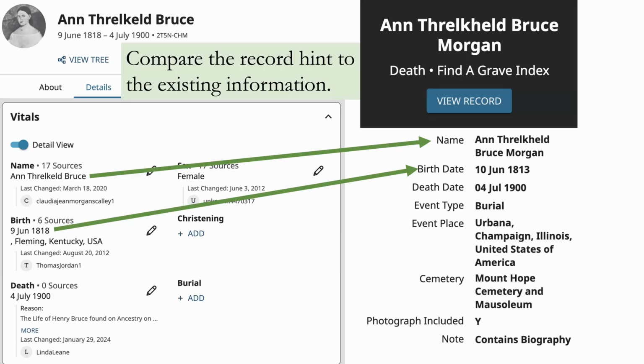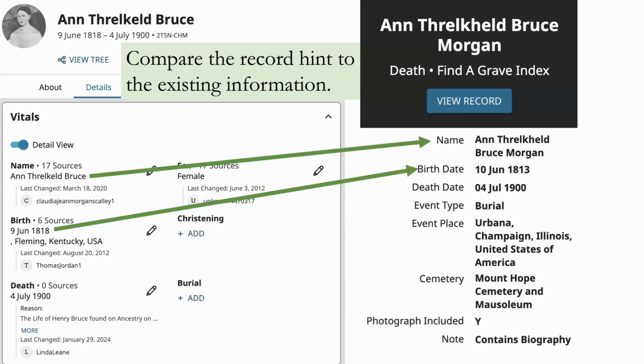to William Morgan, or we have another Anne Threckeld Bruce Morgan who either was or was not related to the original one. And one way you can get a good feel for this is to do a search for the name in Family Search. Just put in the name and don't put in a date, and search on the name and see how many people come up in Family Search with that same name. In this case, you'll find pages of people with exactly the same name and different dates and places for